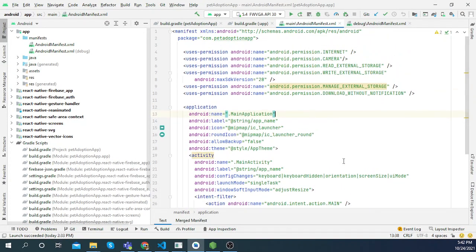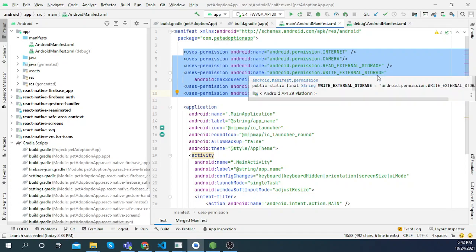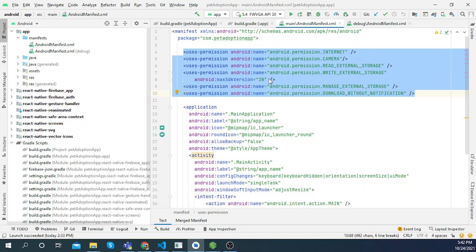And before that I just need to show you that all the permissions I'm requesting are here, and you can see internet, camera, read external storage, and write external storage. This write external storage only works for Android versions below 11. For the latest Android versions, you need the manage external storage permission, because otherwise you can't access the write external storage kind of permissions, and download with a notification, and all these